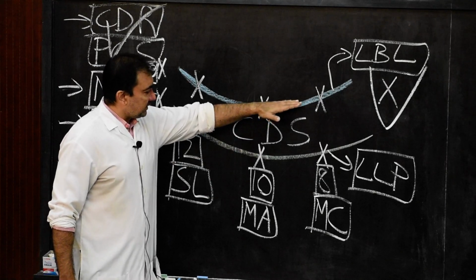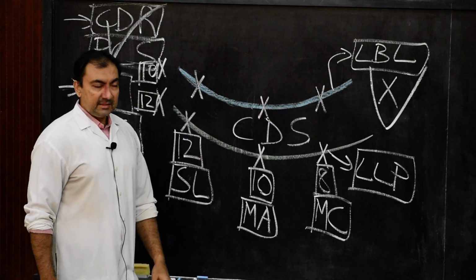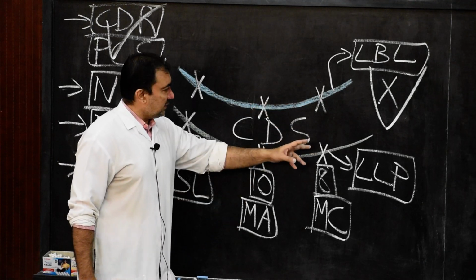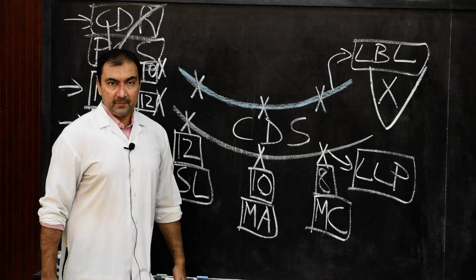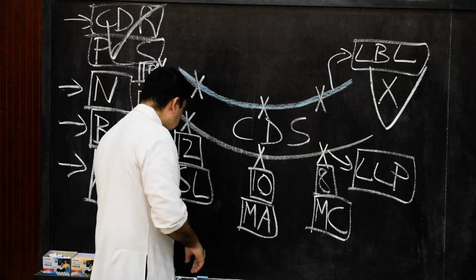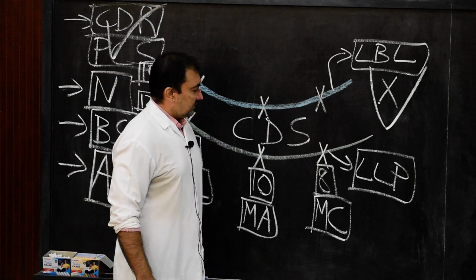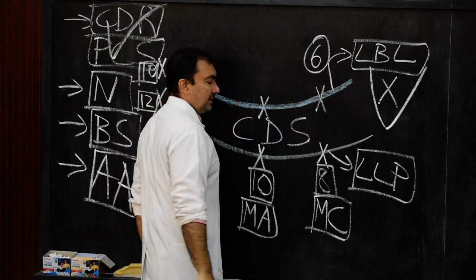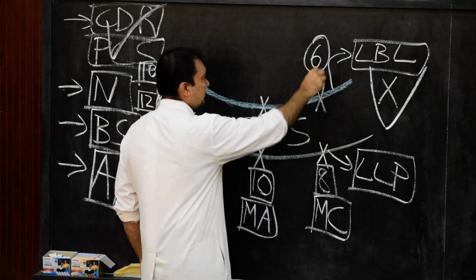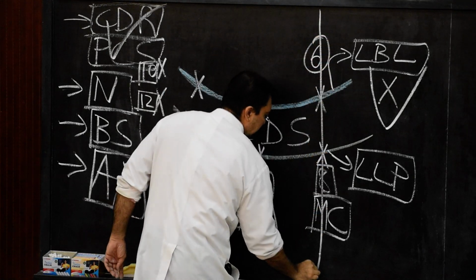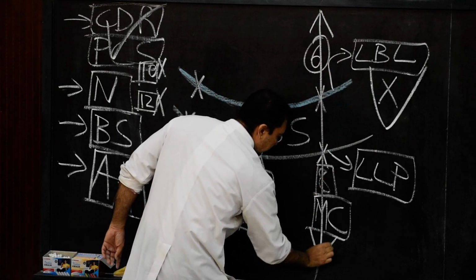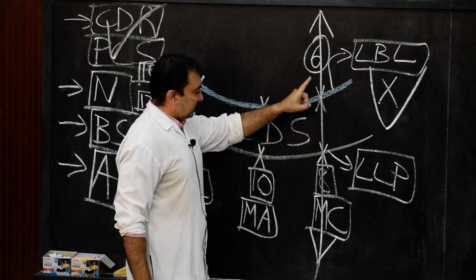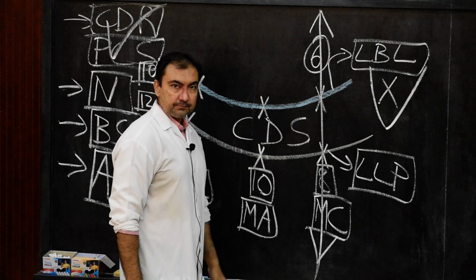Now coming over to here, lower border of the lung. Since lower border of lung is at upper level to lower limit of pleura, so we ascend 2 ribs up. And how do we ascend 2 ribs up? It will cross the 6th rib over here. It will cross the 6th rib at which line? Mid-clavicular line. So 6th rib it is going to cross at this line, and this line will be the mid-clavicular line. So the lower border of lung will cross 6th rib in the mid-clavicular line.